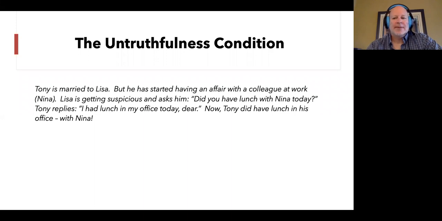Okay, 2 more examples here. And these types of examples are critically important for some things that we're going to do later in the class. So we're going to talk much more extensively about examples of the type that these last 2 fall into. But for our purposes now, we're just going to mention them briefly in order to illustrate the untruthfulness condition and to illustrate these sort of cases that might look on the surface like a lie, but according to the traditional analysis, they're actually not. So Tony is married to Lisa,